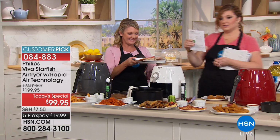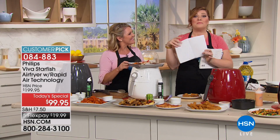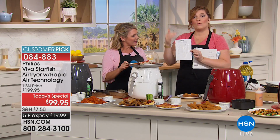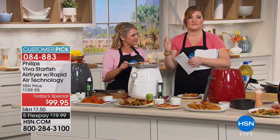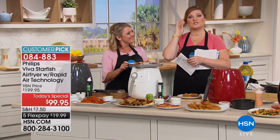And then don't forget, you're going to get this little pamphlet. Look, it's not even 2 pages. Front and back. The reason I show you that is because you have a cheat sheet here, but I wanted you to see there's no manual in 10 different languages to set this up. That's right. It is so simple, so easy,